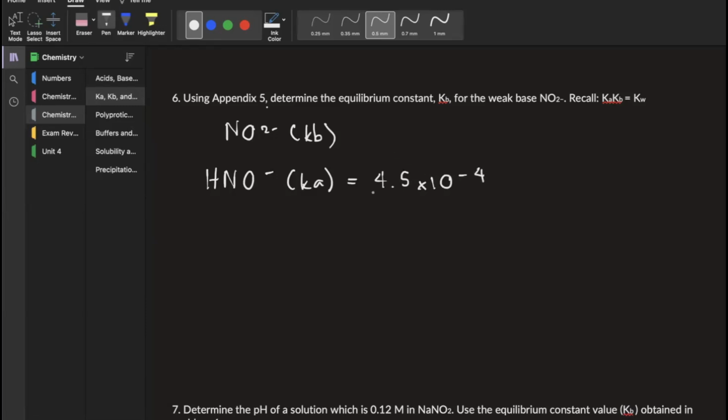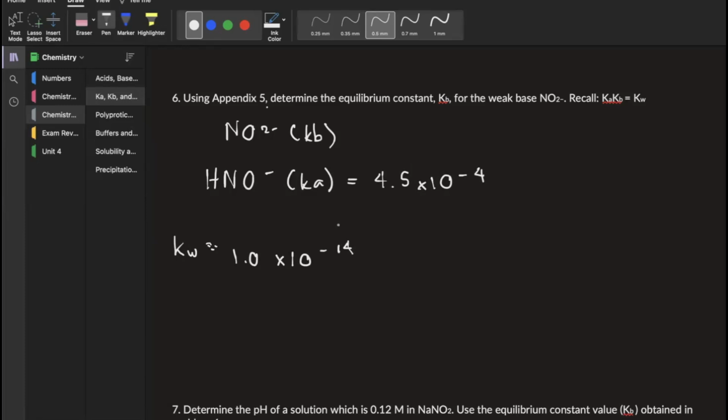And we also know from appendix 5 that Kw for this is going to equal 1.0 times 10 to the negative 14th